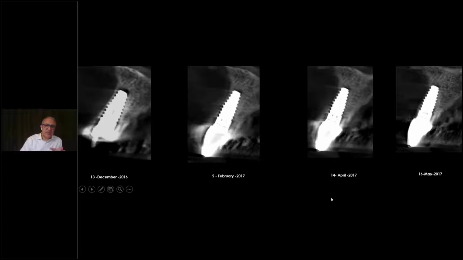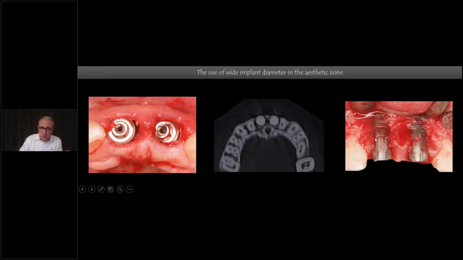So this is something that we really have to anticipate. The size of the implant, the diameter of the implant, has a lot to do with the size of the labial gap that we really need to take care of. That takes us to generalizing the term we use when saying wide diameter implant. So do we use these wide diameter implants anymore in the aesthetic zone? Of course not. Why? Because we lose the bone.